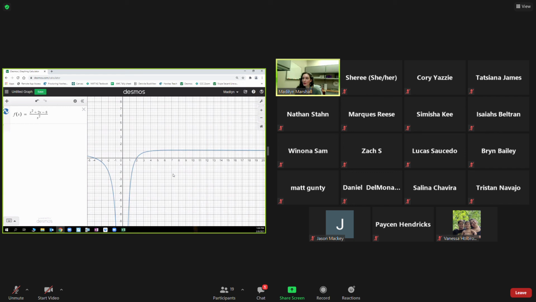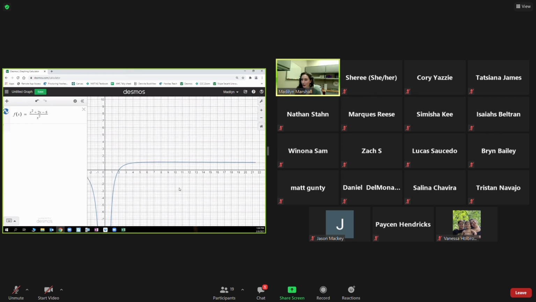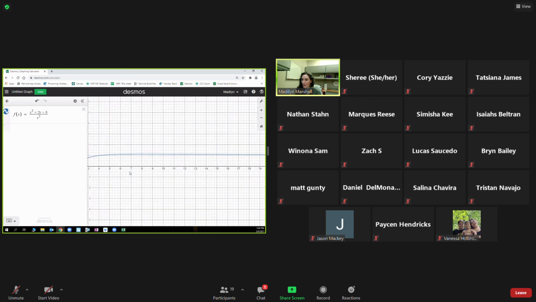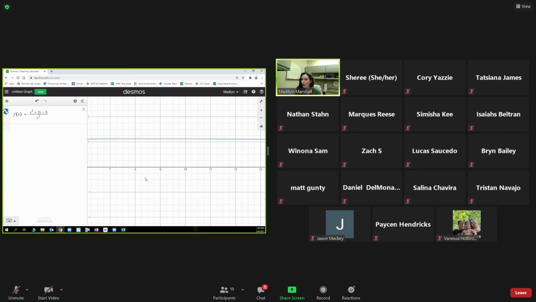So if we zoom in a lot in this area over here, we can see we know that our local max was achieved at 8. And so if I hover over, we have 8, comma 1.125, which is 9/8. That's 1 and 1/8. And even though it's really hard to tell on this graph because the max is so slight,